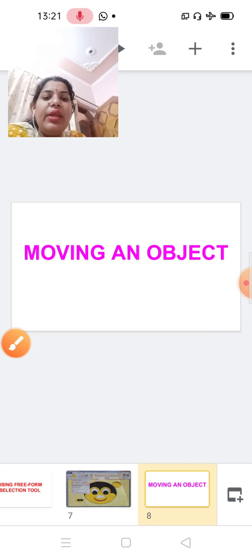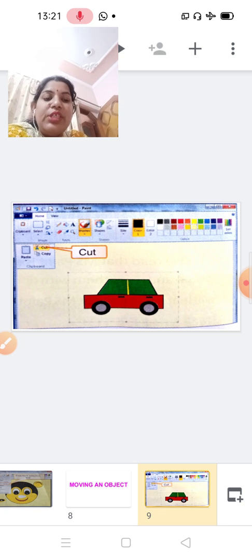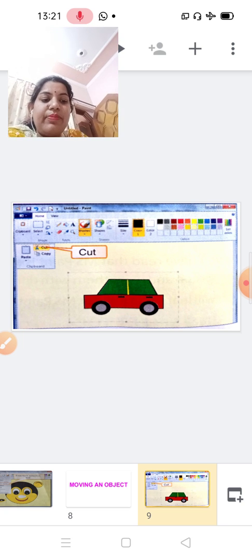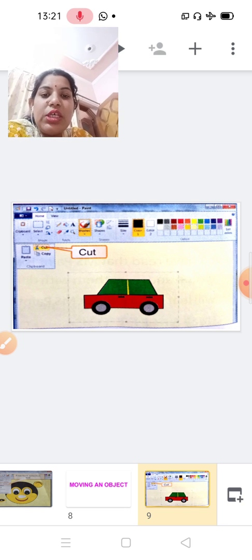Next is moving an object. How can we move an object from one place to another? First of all, we draw a picture of a car on a new file and save it with the name car. Then select the drawing or any part of the drawing with the help of the select tools.